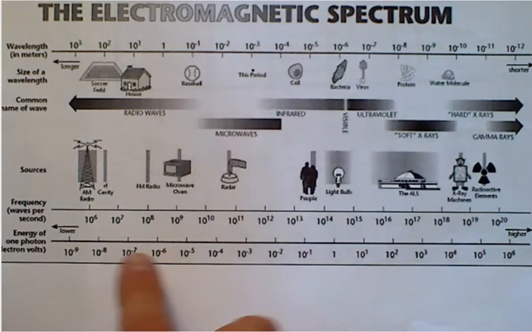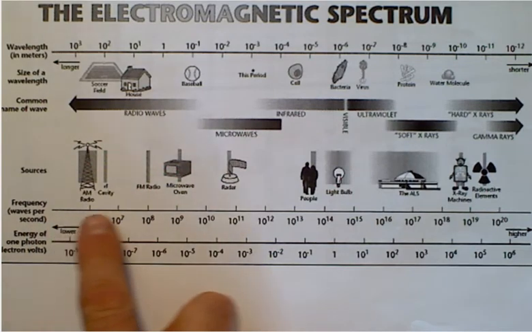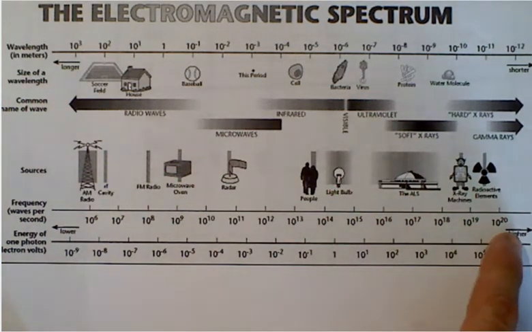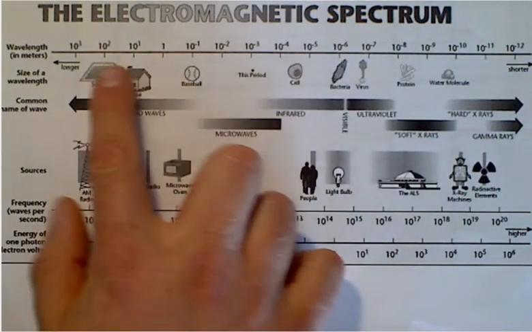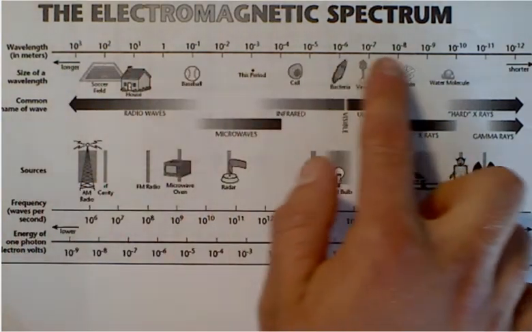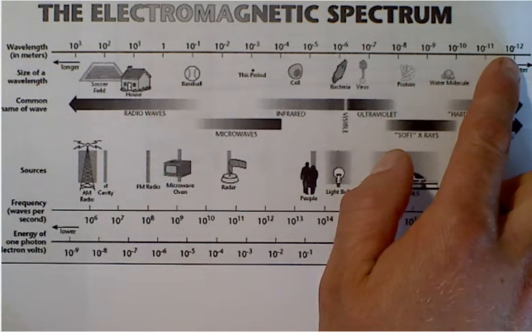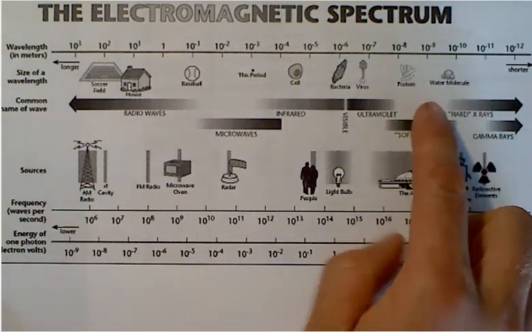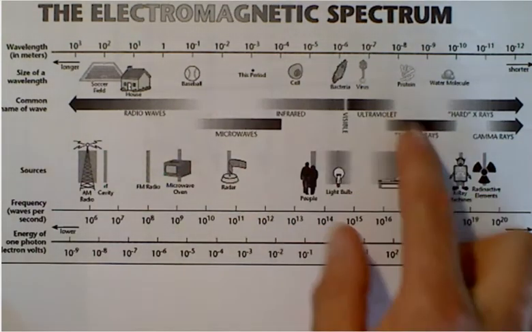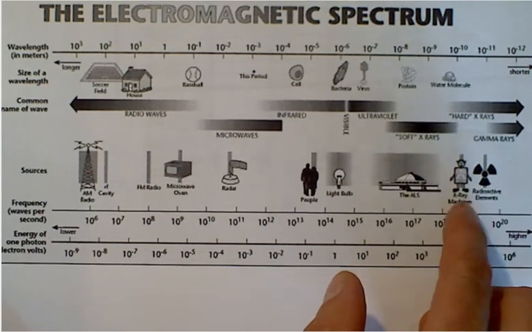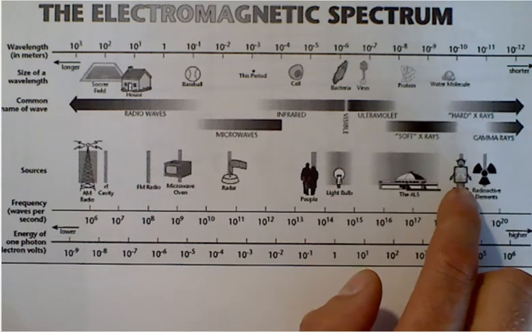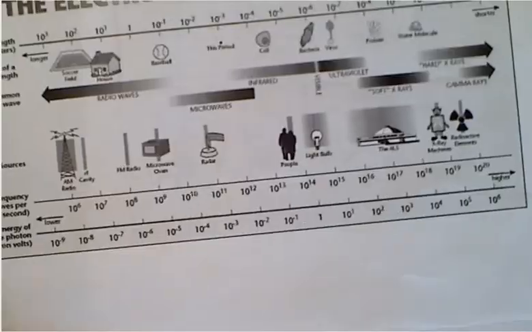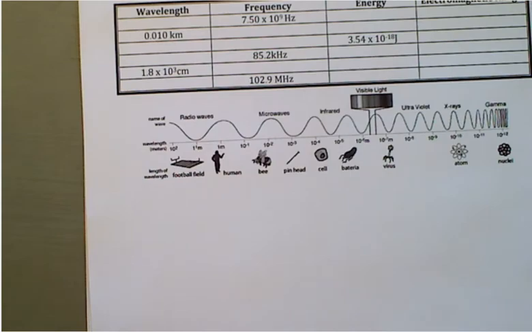All right, so what we notice is that as the frequency goes up, the energy goes up, so the amount of energy goes up. And then also look here, as the wavelength goes down, so when wavelengths get smaller, little bitty wavelengths, if they all go the same speed, have more bumps passing a point in a second, which is why the frequency has gone up. So smaller the wavelength, higher the frequency, higher the energy. All right, so we have an equation to figure out energy.